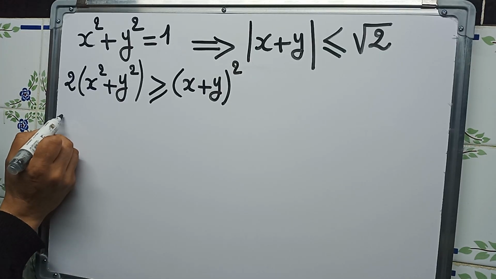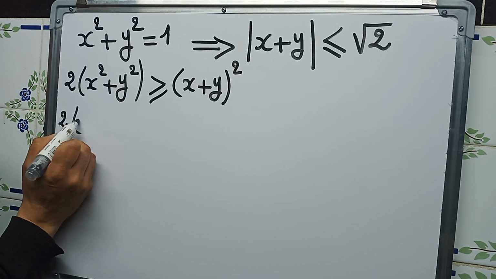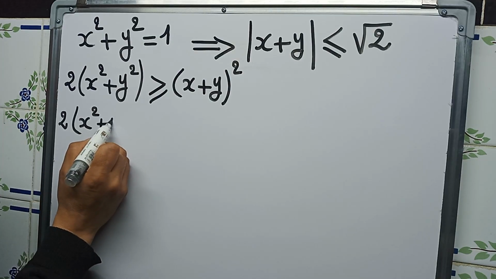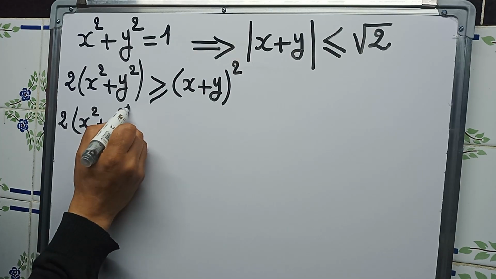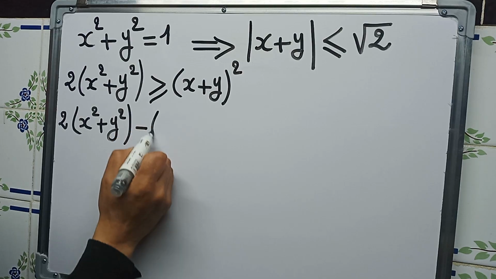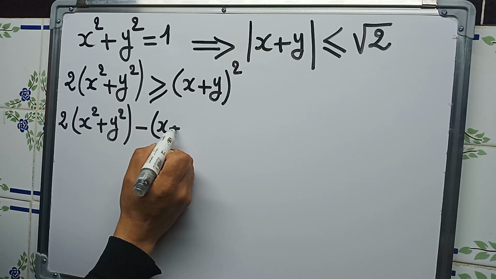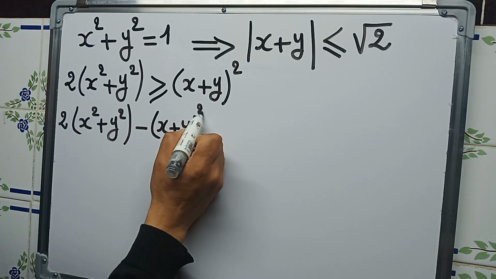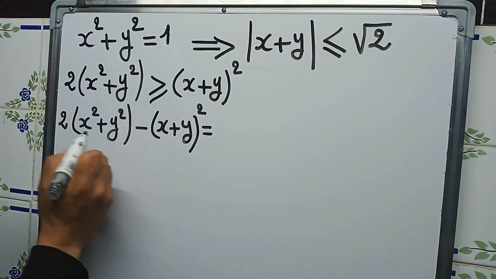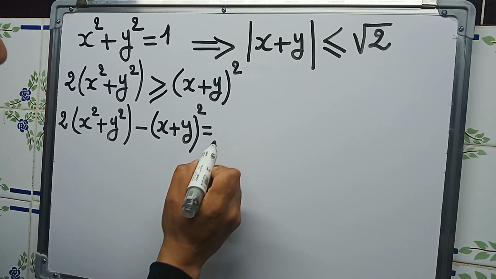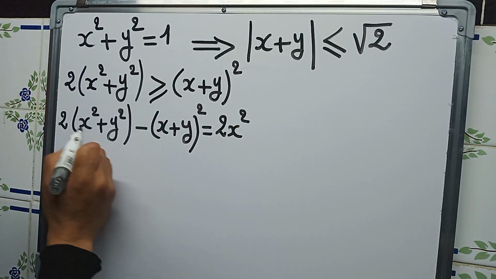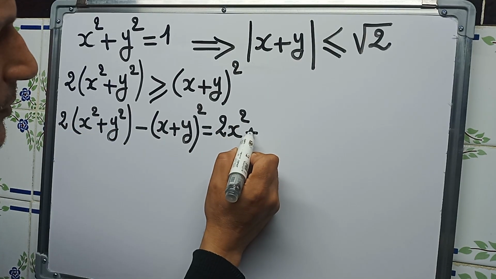So we have 2(x squared plus y squared) minus (x plus y) squared is equal to, here we distribute, 2x squared plus